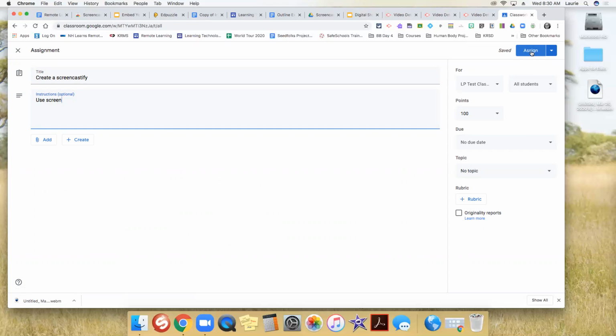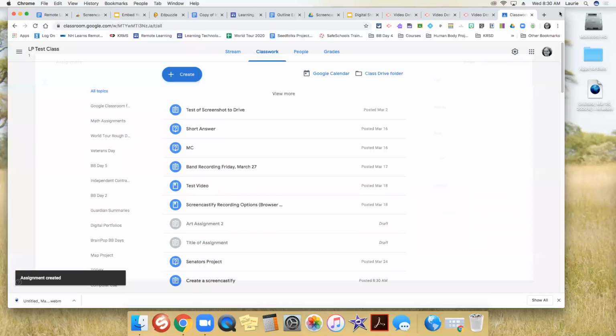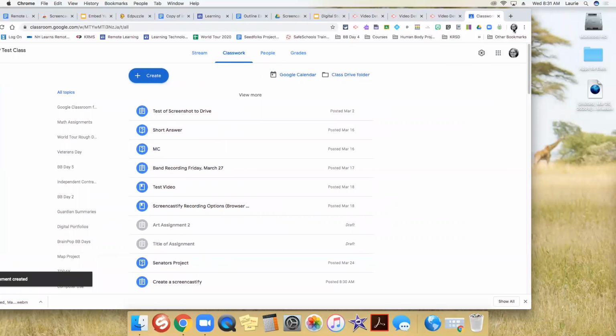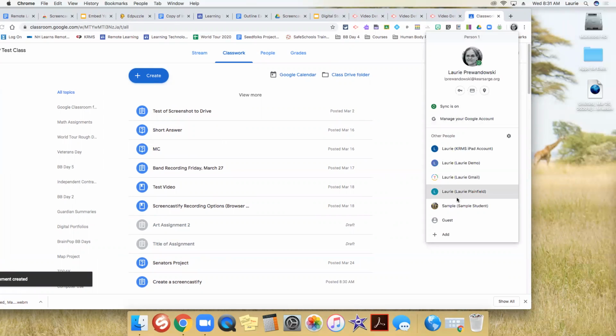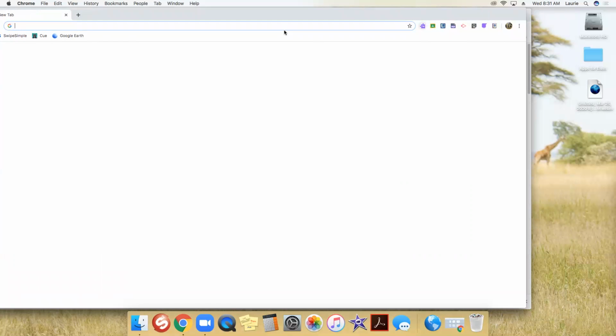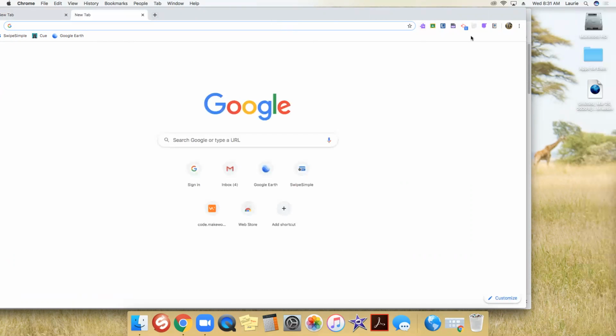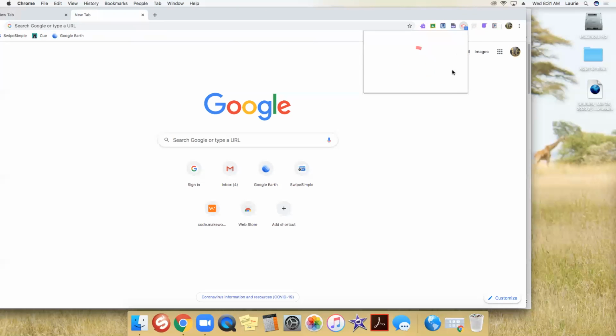And then what the students could do, so I assign this, and then I'll open up my student account. So what the student would do is they would come to their Google Classroom and I'm going to make my Screencastify as the student.